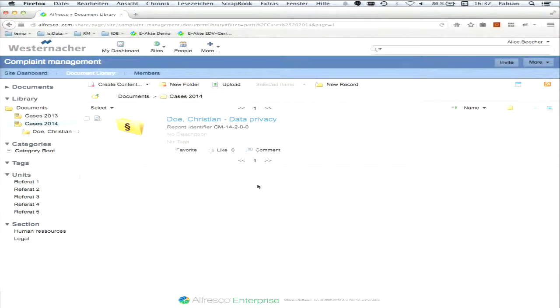Within this document library, could you have top-level folders that are not records? Yes, of course. Could you mix regular content with records within the same document library? Yes, you can have multiple levels above and underneath. But they don't all have to be records. No, no. In this case, I have